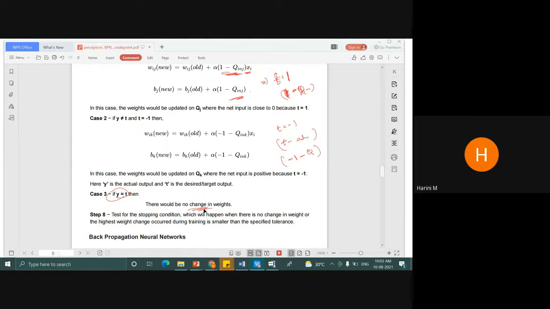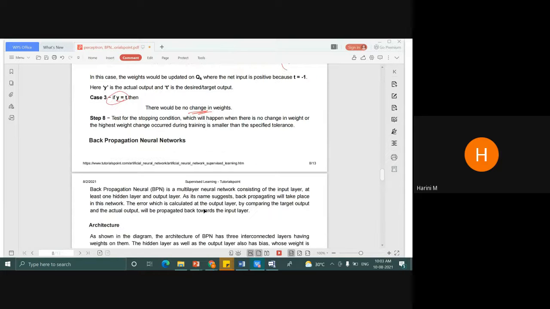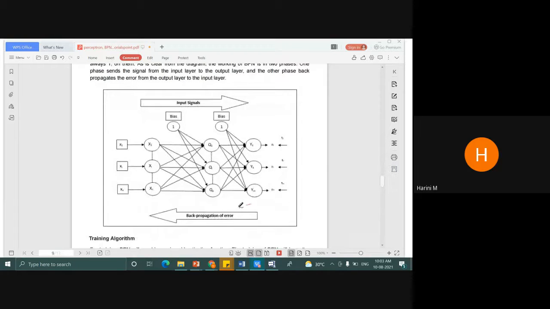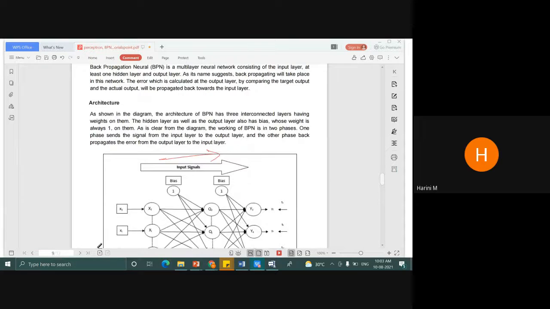I hope you guys are clear with the formulas. It's just a single formula. All you have to do is play with the substitutes, the i, j values with respect to the given architecture. This backpropagation I've already explained. The backward direction: you pass the input signals in the forward direction and you get the error in the backward direction. I'll just leave this to you.